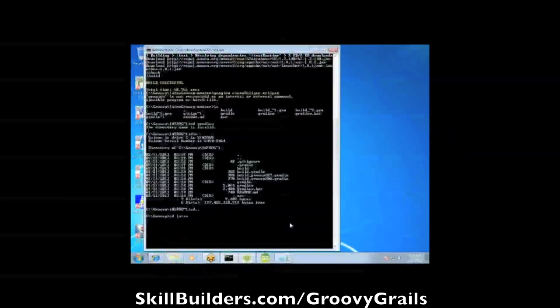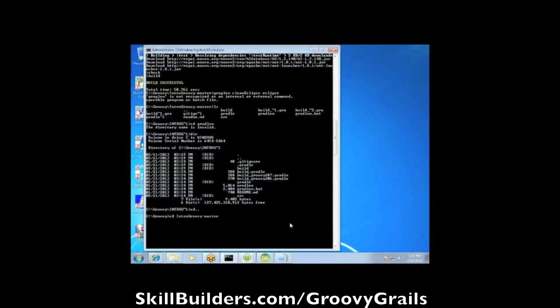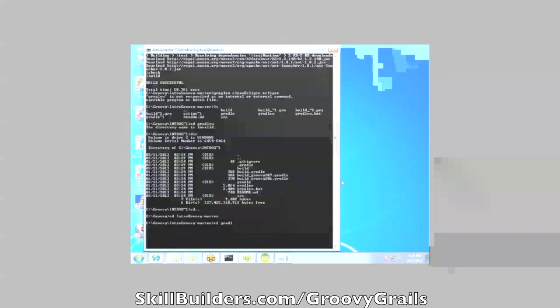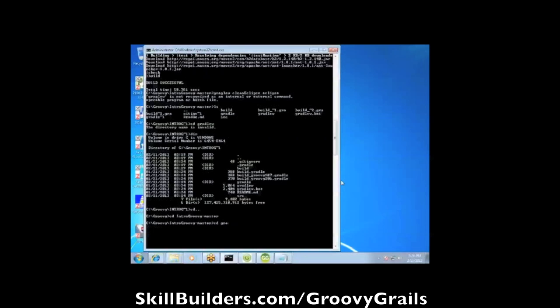Hit the tab key. There, now return. And now let's try the Gradle W space. Now, did you already do the build? You did. So Gradle W, no CD on that. Sorry, no CD on that. Just Gradle W space